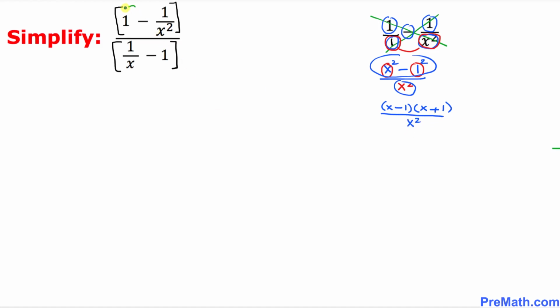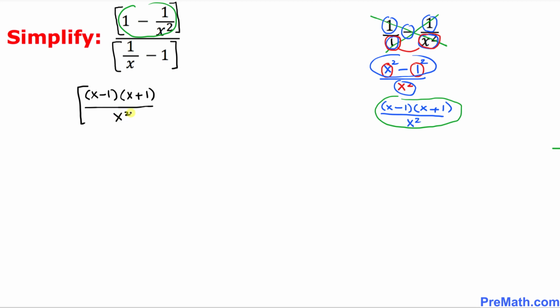So thus this top part turns out to be this one after cross multiplication. Let's copy it down as x minus 1 times x plus 1 divided by